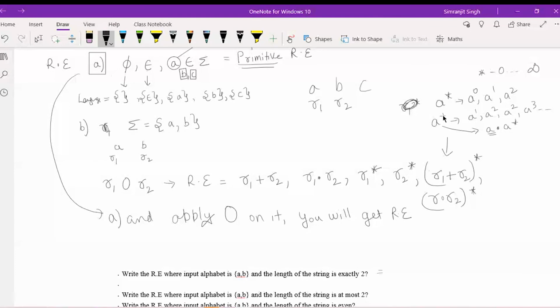Okay, so this is a little bit of a variation. Many people use it, many books also use it. So keep that in mind that you can encounter this sign, a plus. It means that 0 is not in this. From 1 up to infinity is in this a plus.